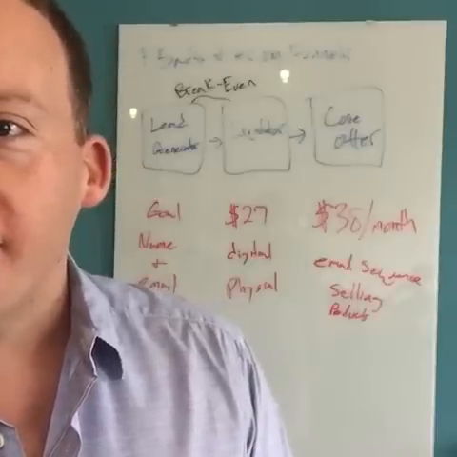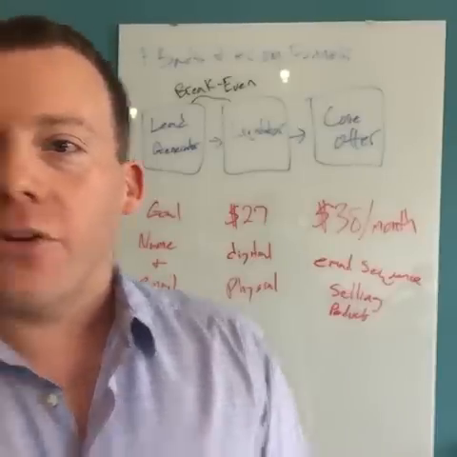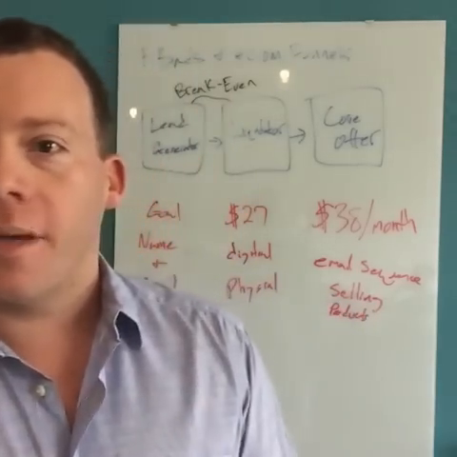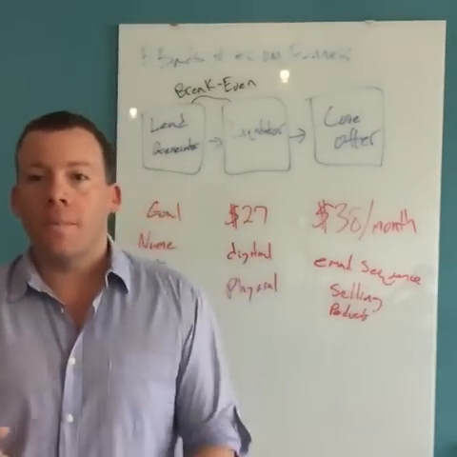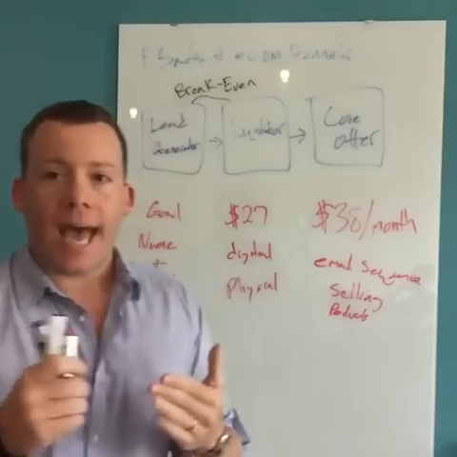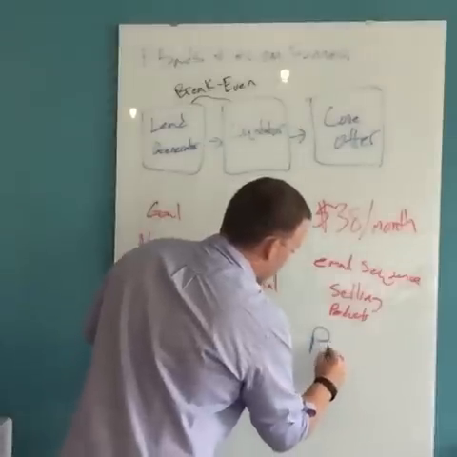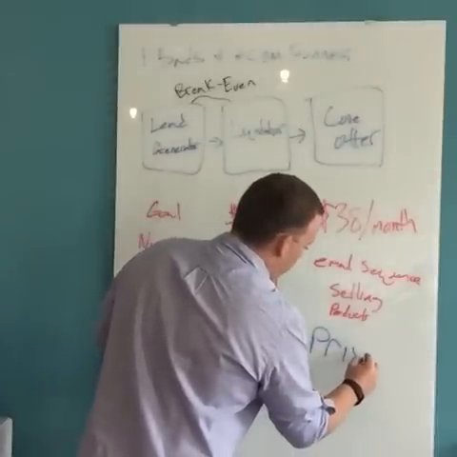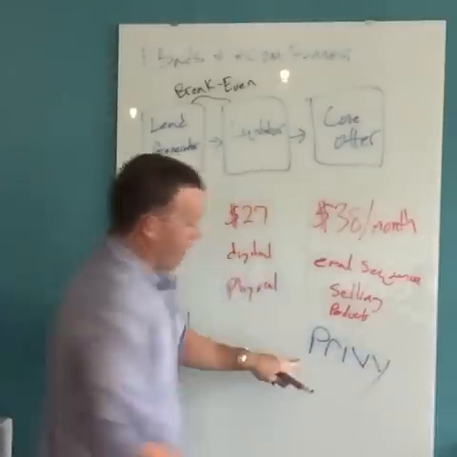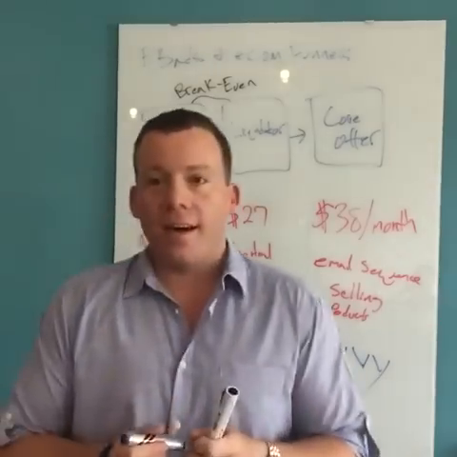Let's see. Kevin said, could you use your liquidator as a way to keep people on your site when they're leaving, using SumoMe or something similar? Kevin, you know what we do? It depends on the type of store you have. What we do on our stores is use an app called Privy. It's spelled like this. I think it's spelled like that. It's like SumoMe.